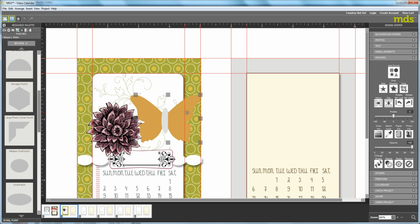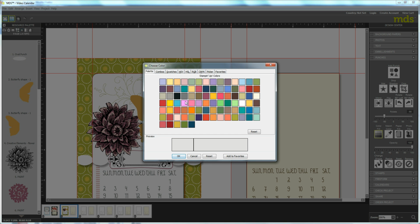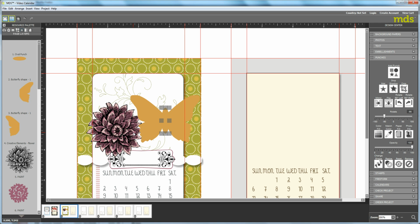I'm afraid now that I can't get to my oval, so I'm going to have to go over here to my layers and put that oval on the top so that I can click on it. I forgot to color it. Okay, and when that comes up, we're going to make that turn More Mustard as well. Now once we get all of these situated just right, I am going to click on